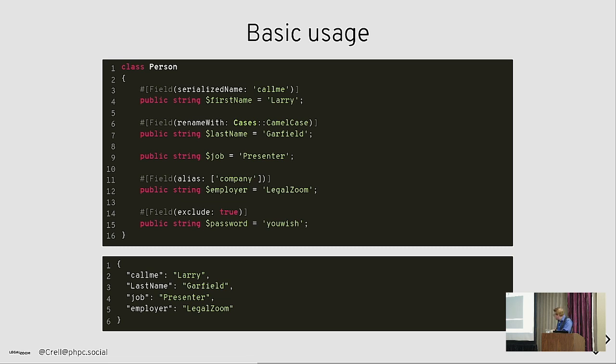For deserialization, you can say, all right, deserialize from a value called employer, or at this value instead. This is great if you're changing your format, you want to still support old versions. You say, all right, any of these old names get used. And you can also say, just skip this property entirely.